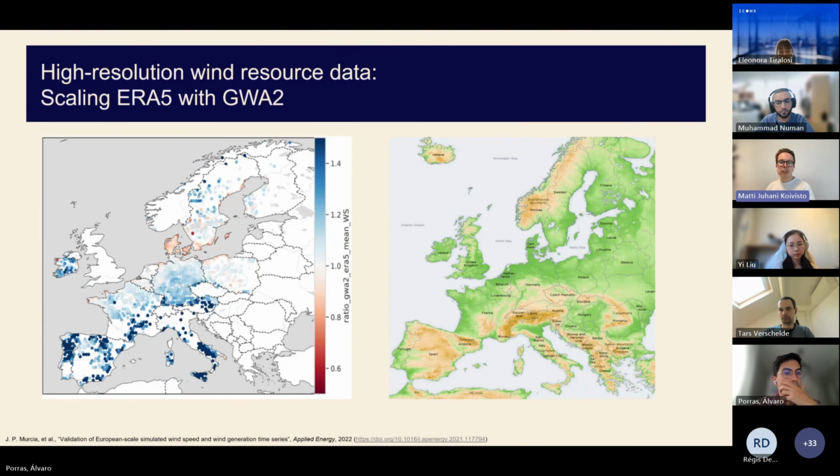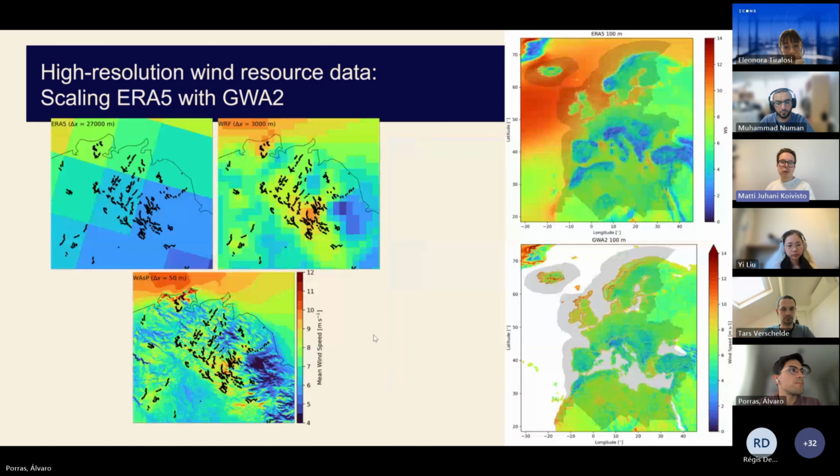Obviously, I have 10 minutes, so it's not a lot of time, but I wanted to highlight a few things. So maybe the first thing here is we use the Global Wind Atlas, our in-house high resolution, up to 1 kilometer resolution modeling tool to increase, in principle, the resolution of ERA5, which is only 30 kilometer. And in this paper mentioned there, if somebody wants to take in more detail, we show that this brings a lot increased accuracy in the Pan-European wind modeling. But I think that's fine. We can move ahead because in the next slide, we can see this in a bit more detail.